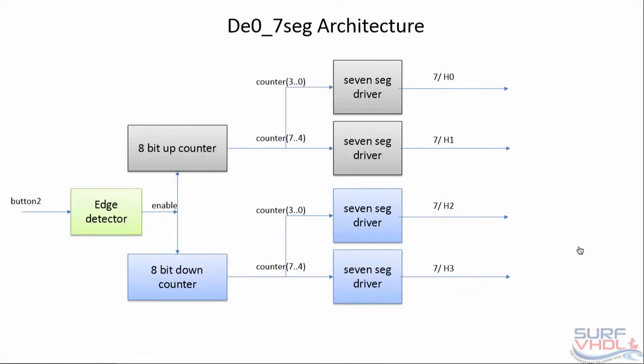In this lab, we want to drive the 7-segment display using two counters, an up counter and a down counter. The up counters are 8-bit counters, and we use the low nibble of the first counter to drive the H0 7-segment display, and the most significant nibble of the first counter to drive the H1 7-segment display,